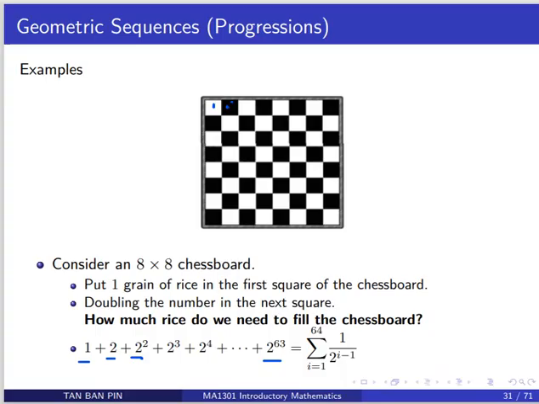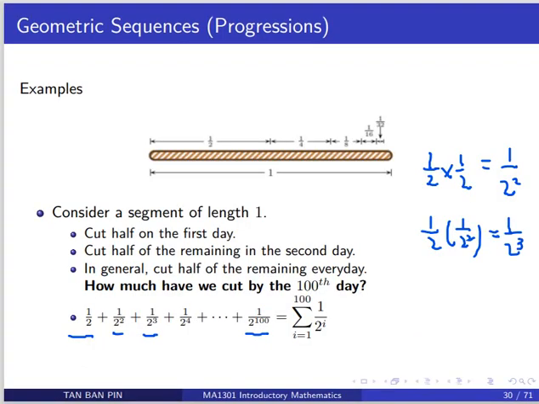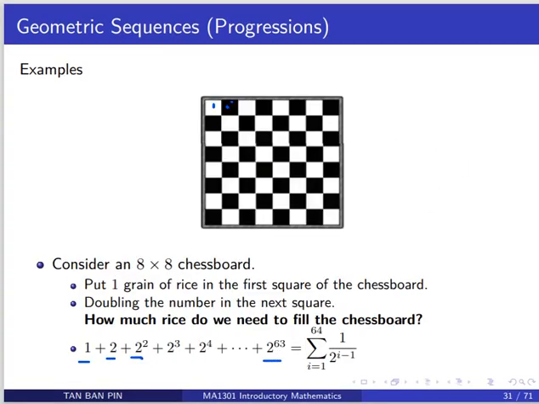There is actually a similarity between the two sums we are looking at. You'll notice that from half to get half squared, you multiply by half. Then from 1/2 squared to 1/2 cubed, you multiply by another half. So here you keep multiplying by half to get the next term to be summed. Same thing here in the chessboard example. You multiply by 2 each time to get the next number to be added.